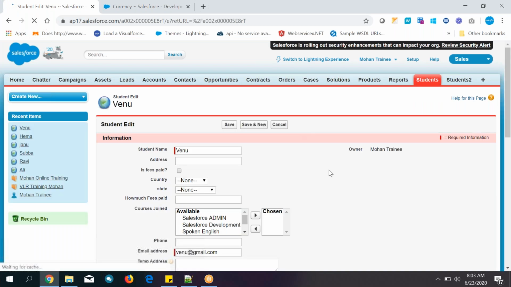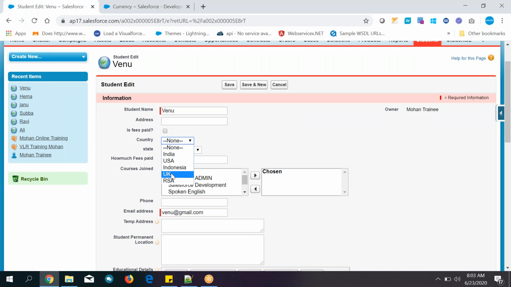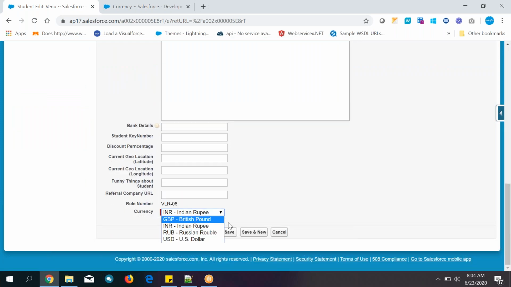Yes, edit it, select UK, and currency you can change it to. By default India is displaying, right? You can change it to, what is it? UK, not you. Where is UK? British pound, save it.